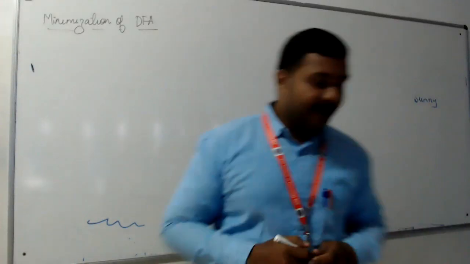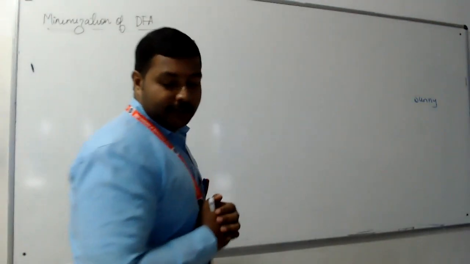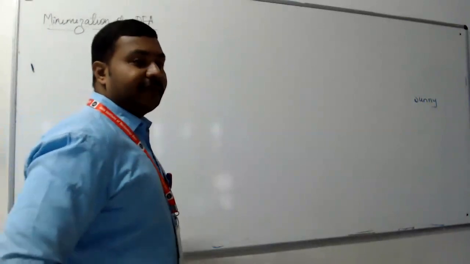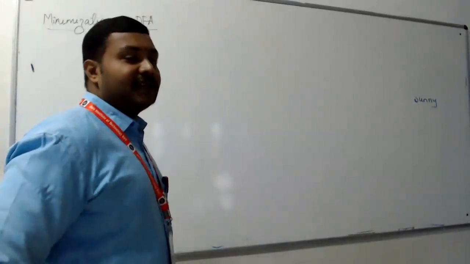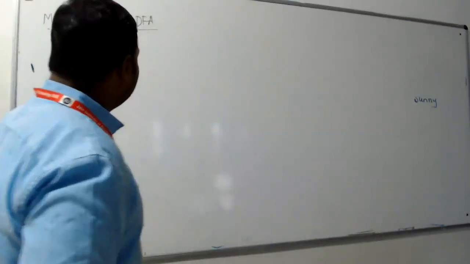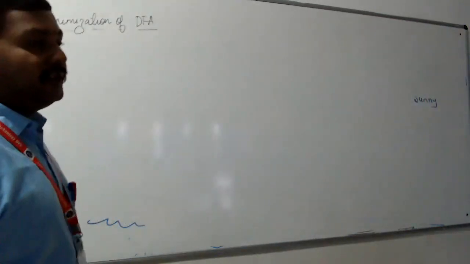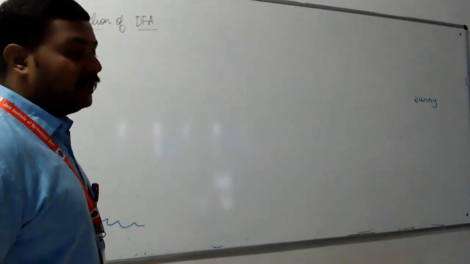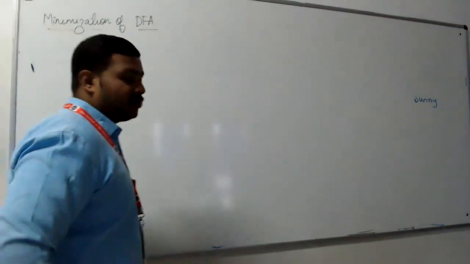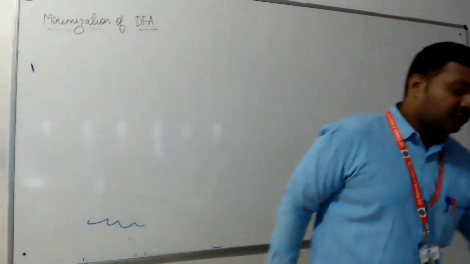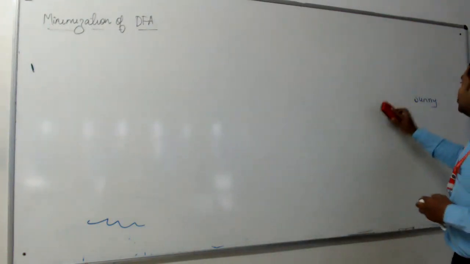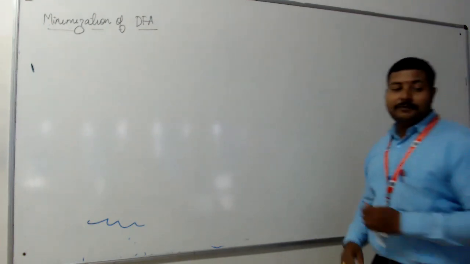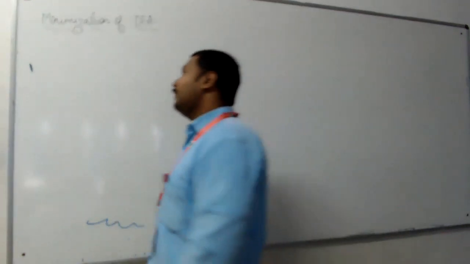Good morning, everyone. In the previous class, we have already studied about DFA, designing of a DFA, designing of an NFA, designing of an epsilon NFA, and also we have studied about the conversion of DFA, NFA and epsilon NFA to its equivalent DFA by using two different methods called subset construction method and lazy evaluation subset method. So now in this class we will be studying about minimization of a DFA.